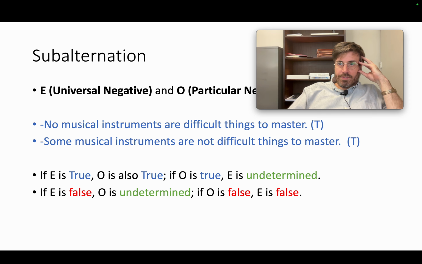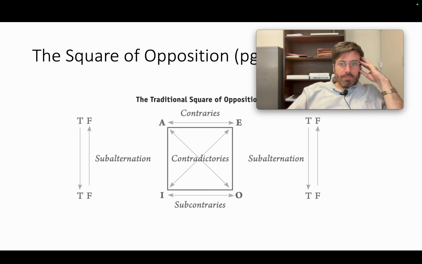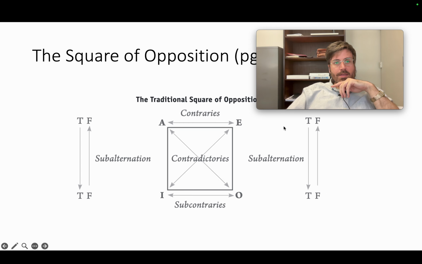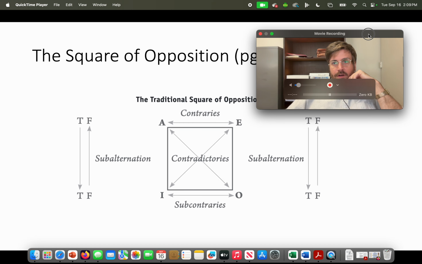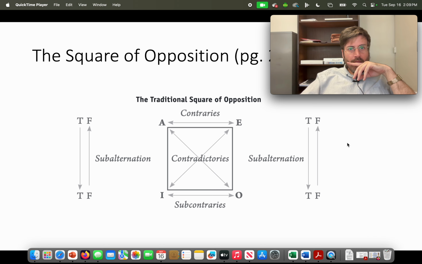So the particular, if false, becomes false as well. All right, so let's look at the square of opposition here. You have the full breakdown of oppositions. Contrariety